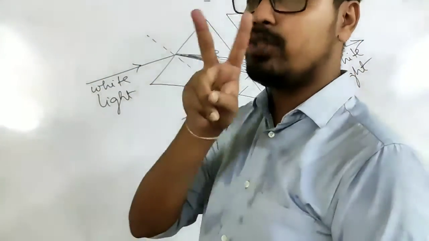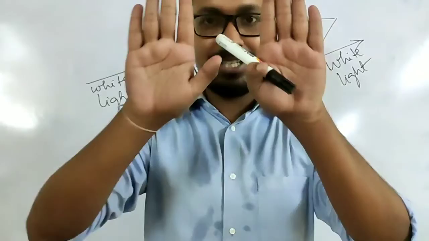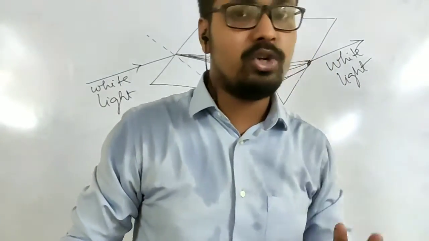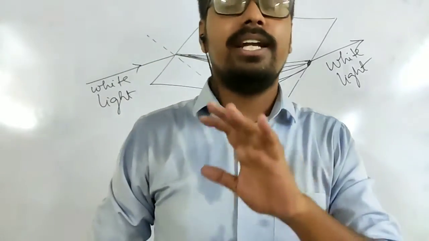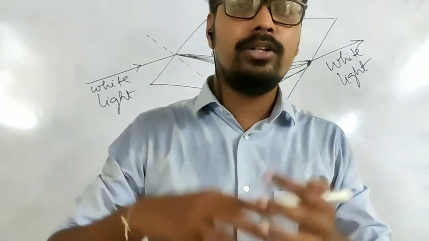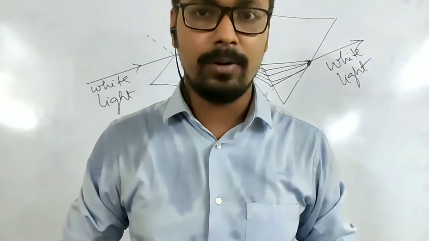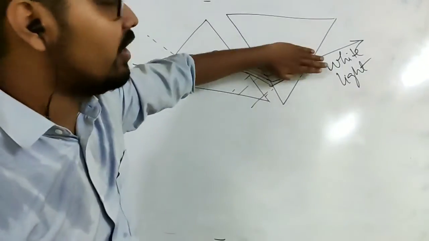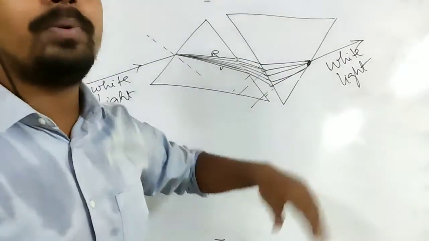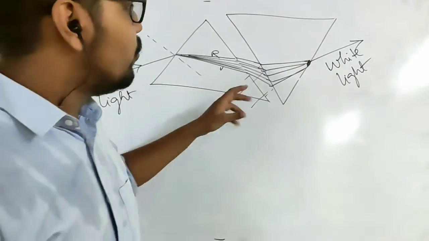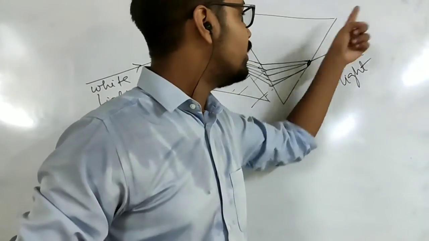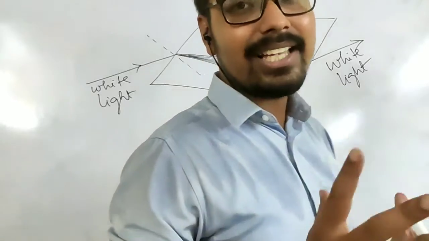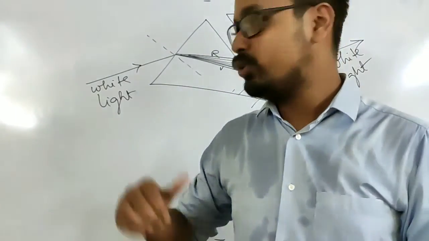not more than 7 colors. So he did 2 steps. First he placed 2 prisms straight in order to check whether 2 prisms will make more scattering. No, he found that white light was scattered, and it does not matter how many prisms you place, it will only be scattered into 7 lights. That is VIBGYOR. In order to prove that 7 lights make up white light, he placed it inverted. As a result, the refraction took place in the opposite way. Hence, what he found was that ultimately when the lights came out, all the lights combined together and formed the white light there. That is how scattering of light takes place in a prism.